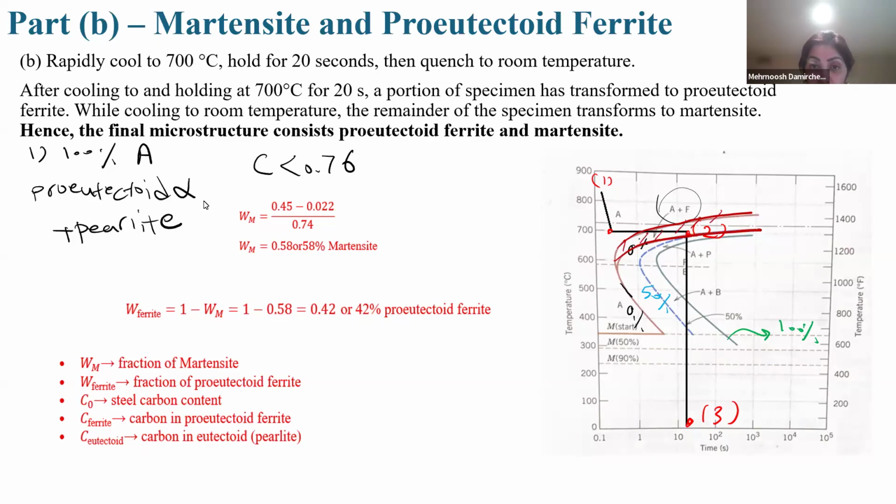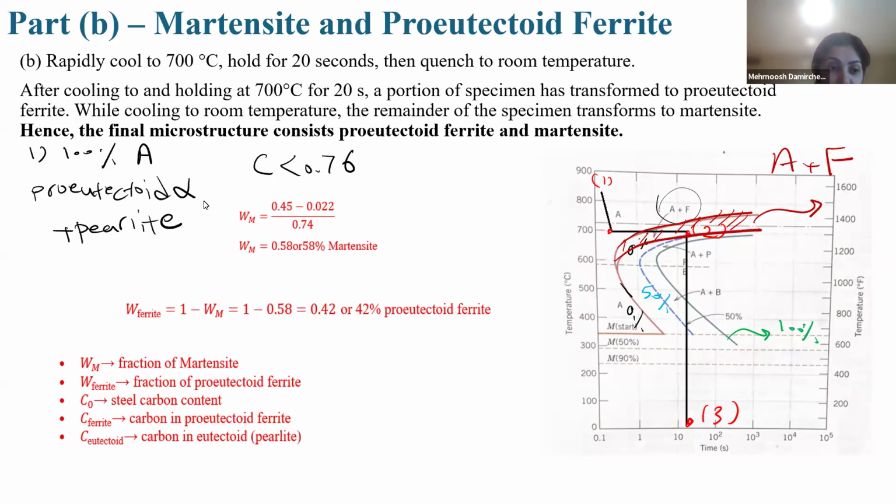these two parts, only between these two parts, we have austenite plus proeutectoid ferrite. It's very important. So as you see at 2, we are completely between these two red lines, and we have not reached 0%. So what's the meaning of that? It means we have proeutectoid ferrite at 2 plus austenite. While cooling again to 3, or room temperature, austenite converts to martensite.